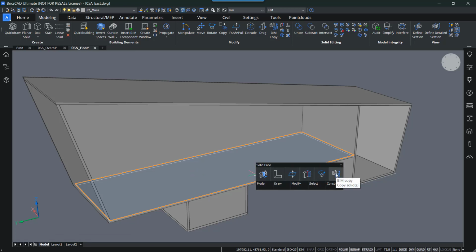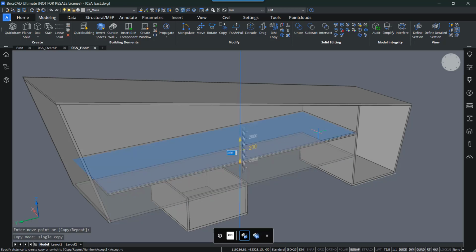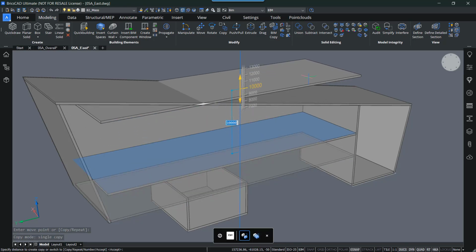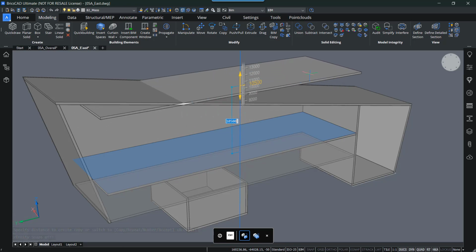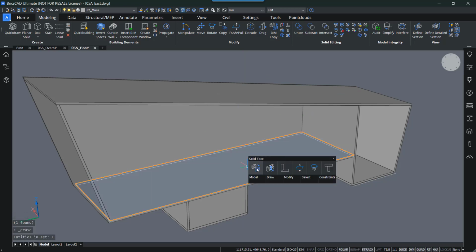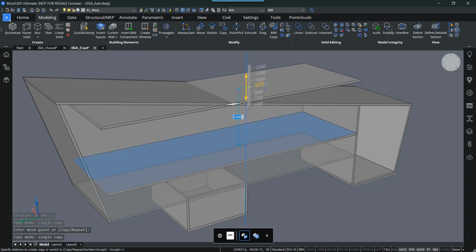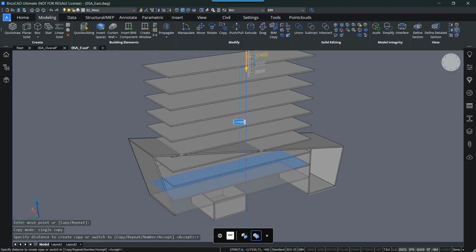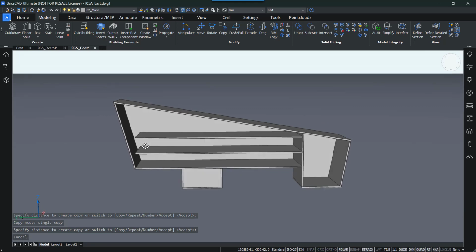So it will copy this floor slab upwards basically. So I can type in 4000, and then I can also type in repeat, R for repeat, to kind of do the same thing. Sorry, let me do that again. So just select the solid face, type in 4000, repeat, and then you can actually repeat it as much as you want, but in this case it's until here somewhere, so just 2 is fine.